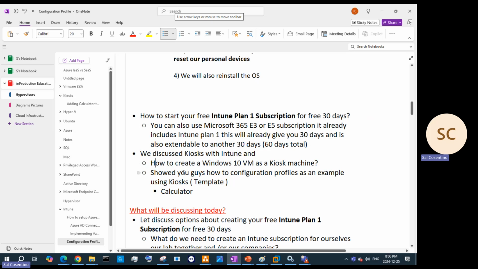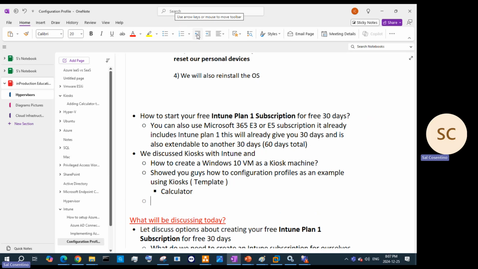Using that app in order to create it, and how we can use links that host our apps in order to create kiosks, right? And the different methods of auto logins, or Azure AD, or just local administrators, right? So we sort of discussed that, and lastly, we talked about,